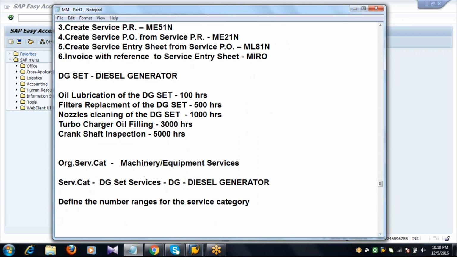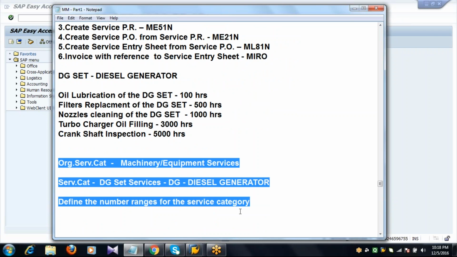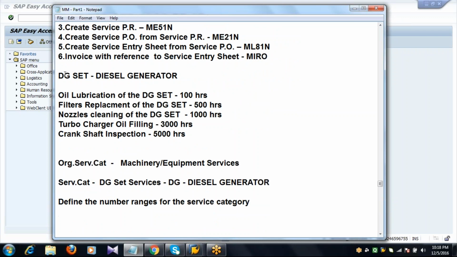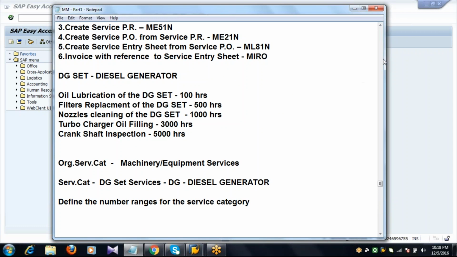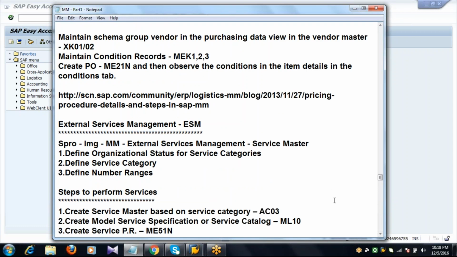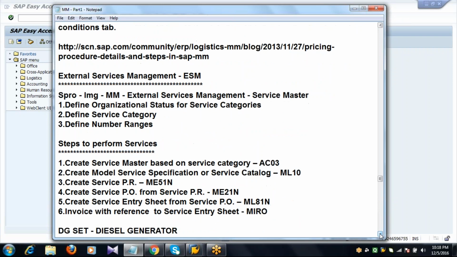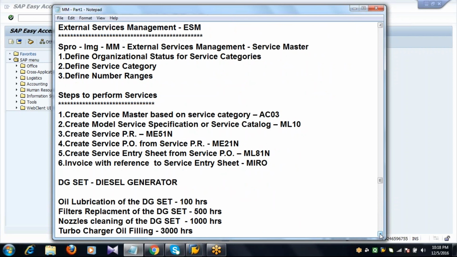Once you have done these settings, then we'll create all these services. Then these services are linked in the catalog. Thereby the remaining steps follow to perform the services.